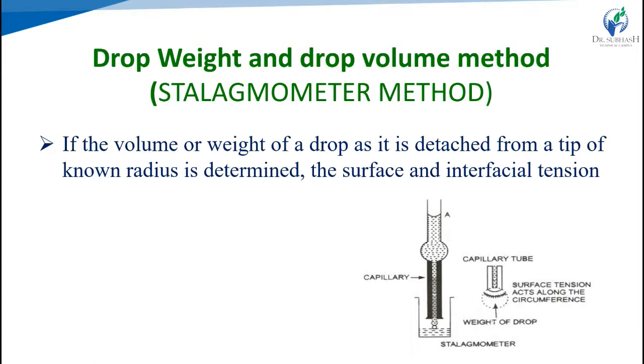The liquid whose surface tension we want to find is put into a beaker, and the stalagmometer sucks the liquid up to mark A. Then we allow the liquid to fall slowly through the capillary tube, and the drops are collected in a clean vessel. We measure the weight of one drop, then clean and dry the stalagmometer and fill it with the reference liquid, water. We repeat the procedure and determine the weight of one drop, just as for the test sample.